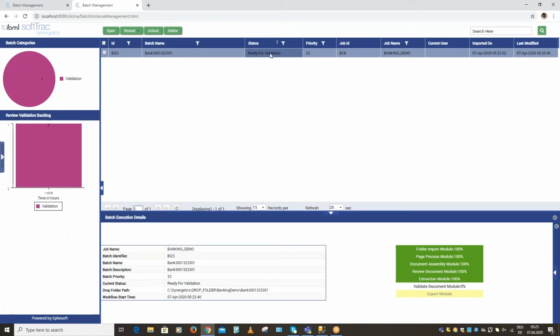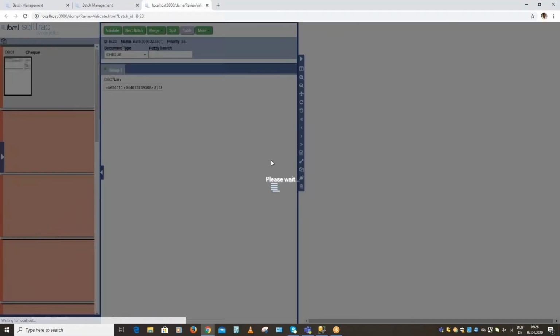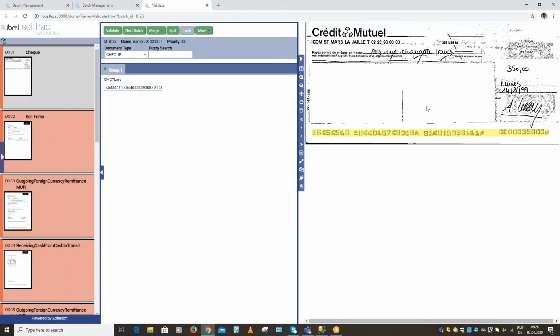I will now open the batch. And here we go. Now we have a check. This is a front check. Front checks usually have a CMC7 line. Here with the OCR engine, which is RecoStar, we are reading this. Wow, it's challenging, but we can very successfully read the value. And next, we will actually confirm and move to the next one,